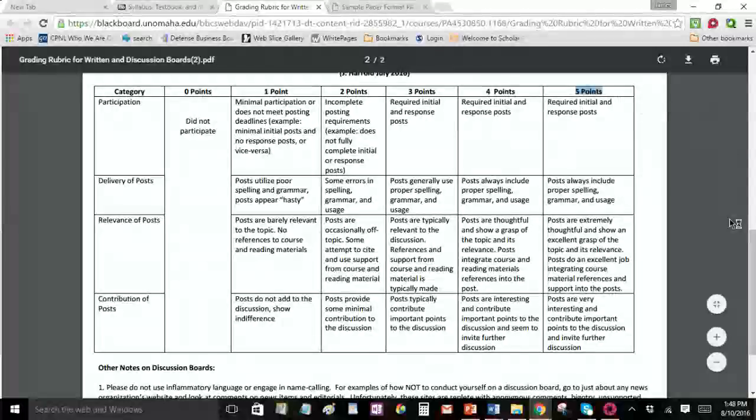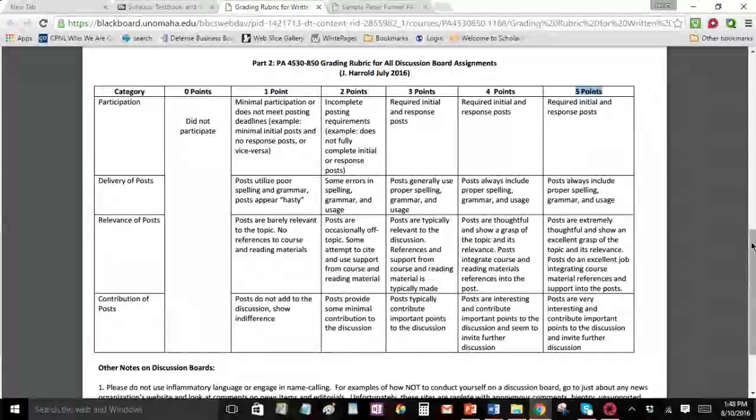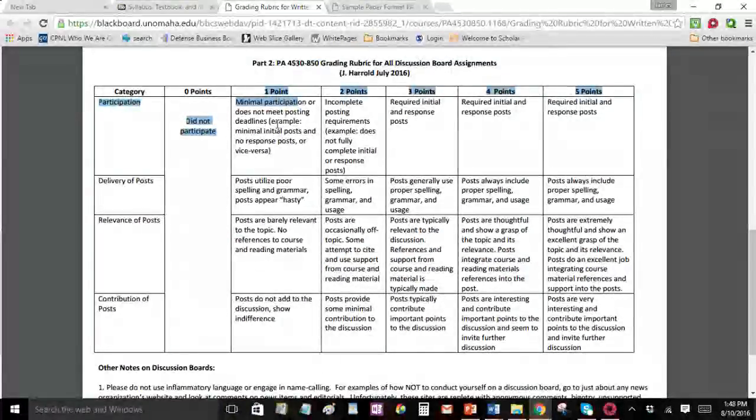I really don't want to give you 5 points just for logging on and going to the discussion board and saying, hi, I thought the reading was good. That's not going to get you 5 points. That's probably going to get you 1 point for minimal participation. 0 points means you just didn't show up or you just didn't do it. I mean, if you show up and you do something, if it's really substandard, it's probably going to get you 1 point. What I'm looking for in the discussion boards are extremely thoughtful